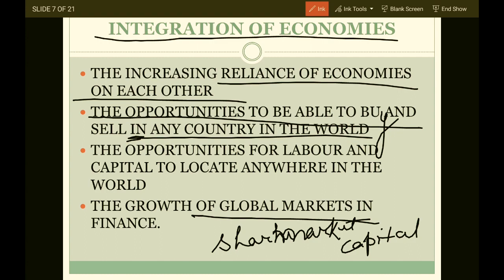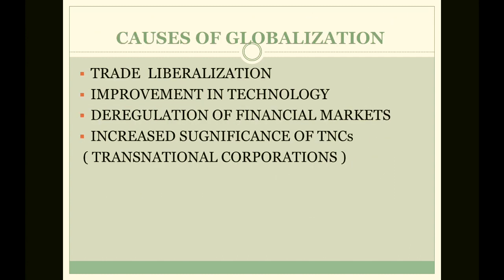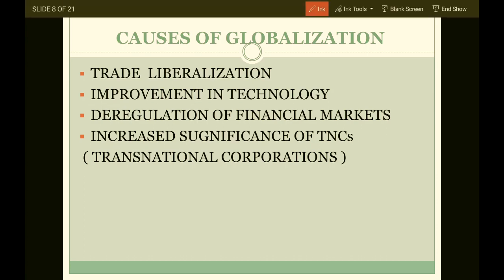Now, causes of globalization. What are the causes of globalization? Why did globalization come into existence? I've told you earlier also, but we'll study it in depth. Trade liberalization: the government wanted the exchange of products, ideas and information with different countries to be liberal, to take place easily. Trading means buying and selling. Liberal means basically removing all restrictions and barriers.